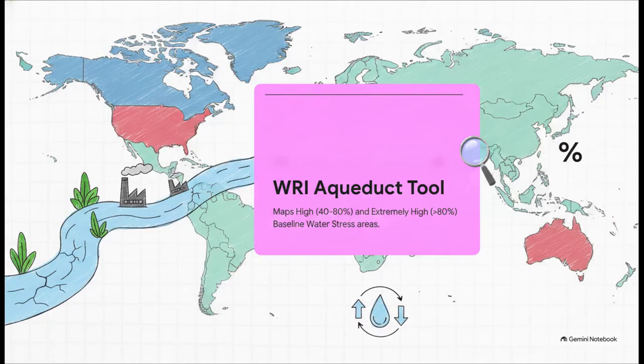But here's the thing. Knowing how much water you use isn't enough. You really have to know where you're using it. To identify operational vulnerabilities, companies rely on a critical diagnostic instrument called the WRI Aqueduct tool. It's the World Resources Institute's Water Risk Atlas. The standard requires companies to calculate the exact percentage of their water withdrawn and consumed in areas classified as having high baseline water stress, meaning 40 to 80%, or extremely high stress, which is anything over 80%. Because withdrawing 1,000 cubic meters of water in a rainy valley, totally different ballgame than withdrawing it in a severe drought zone. This tool forces that geographic reality right out into the open.